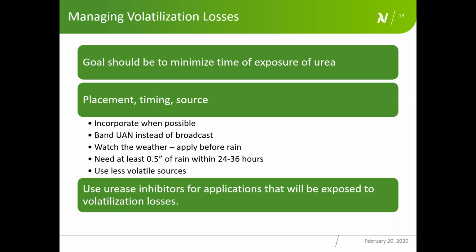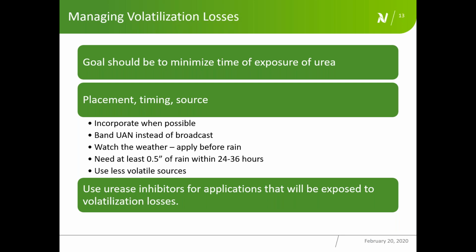Ammonium nitrate, which in most markets is no longer available, is generally considered a non-volatile source. Other nitrate sources, like calcium nitrate, are also non-volatile materials. Now, recognizing those are less commonly available and more expensive, you have to weigh that cost against the potential